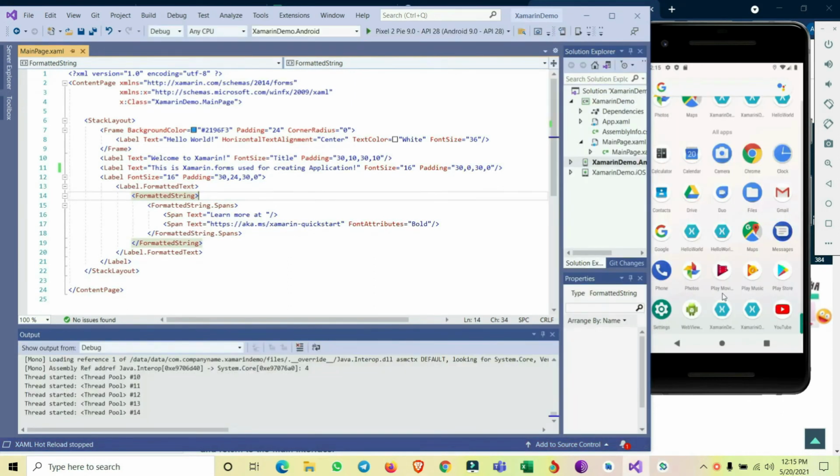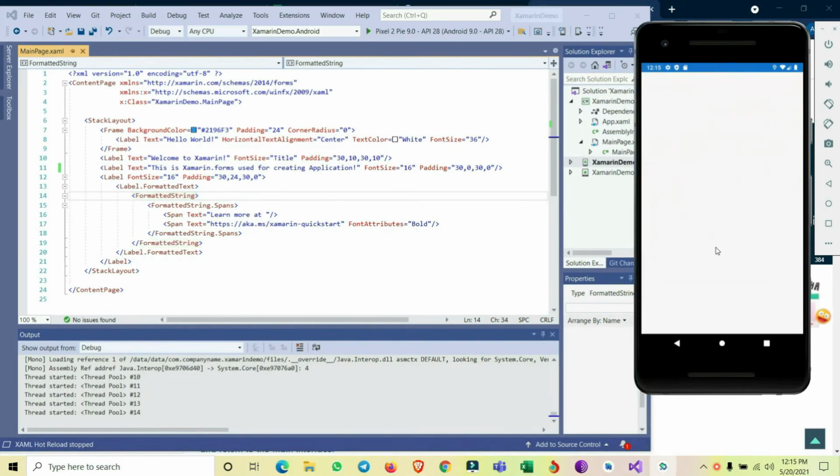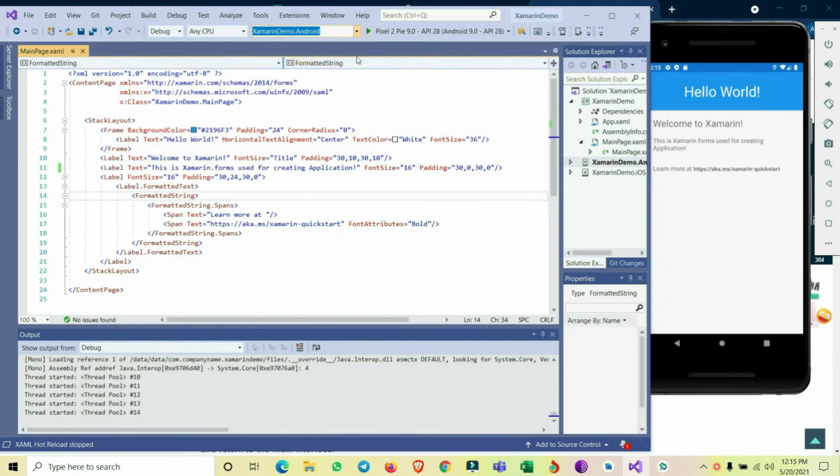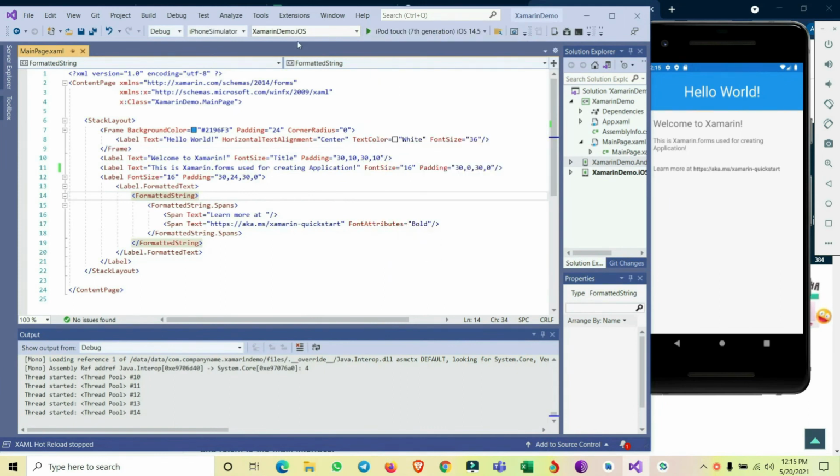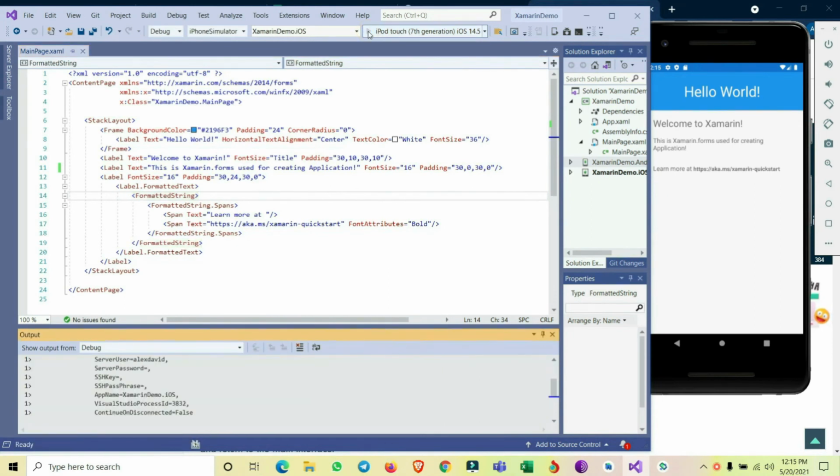So this is the Android output. Now select Xamarin.iOS and then select the device which you want to simulate, and now press Run. The simulator will open on the Mac system and the output will be executed on the Mac system.